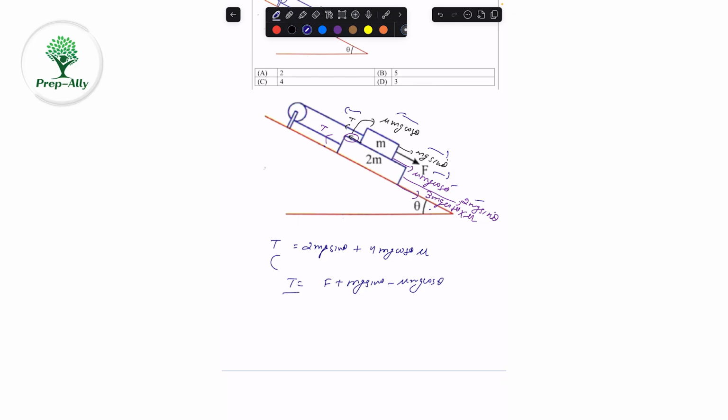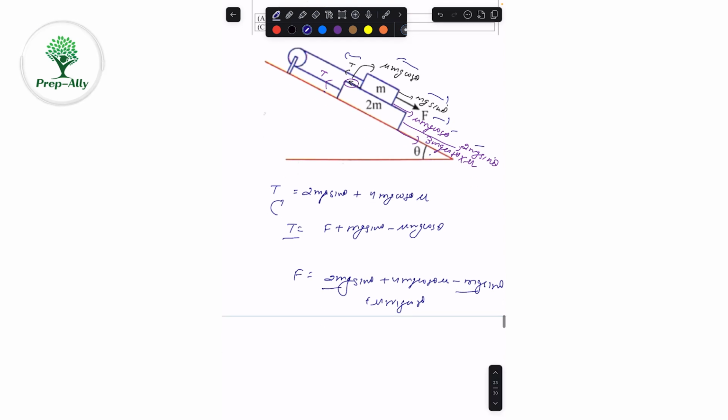Now this tension has to go there, so from there we will write F is equal to 2 mg sin theta plus 4 mu mg cos theta, minus of mg sin theta plus mu mg cos theta. Mg sin theta and 2 mg sin theta, it will be only 1 mg sin theta,